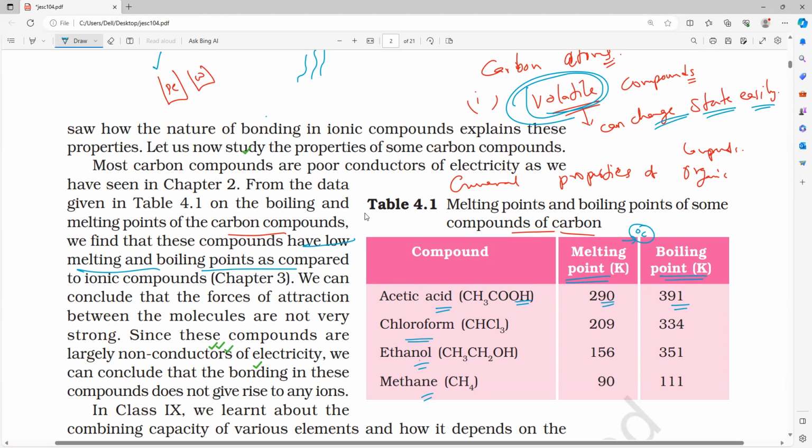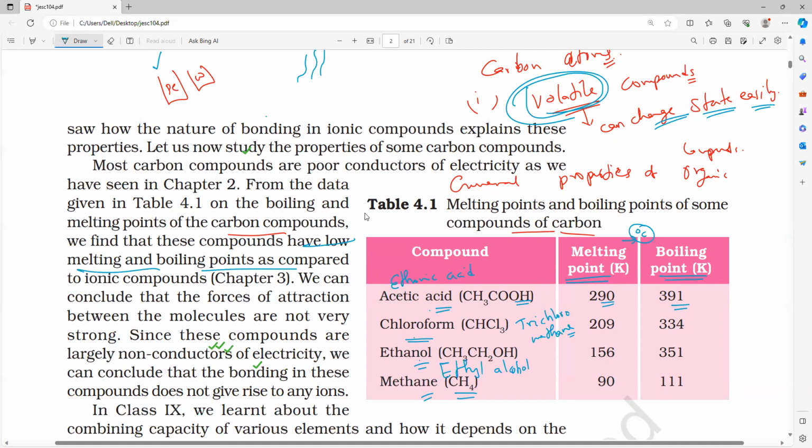Now the other names also. Suppose you take ethanol, ethanol we can also call ethyl alcohol. Methane, you can see, methane means CH4, the smallest hydrocarbon, of course we are going to study. Next, acetic acid, which we can also call what, everybody? Ethanoic acid. Clear, everybody? Please respond, all of you. Now chloroform, we can also call it trichloromethane.